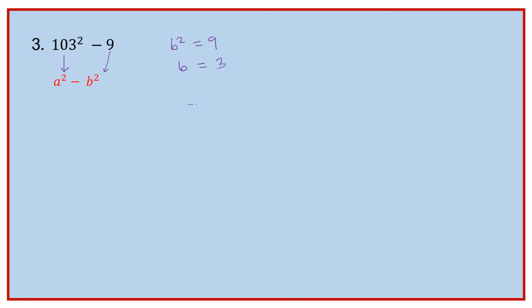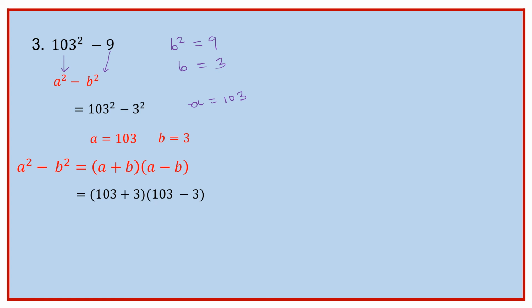And of course, you can see that a is 103. So a is 103, b is 3. So a squared minus b squared equals (a plus b) into (a minus b). So it implies that 103 plus 3 into 103 minus 3. So it is 106 times 100, which is equal to